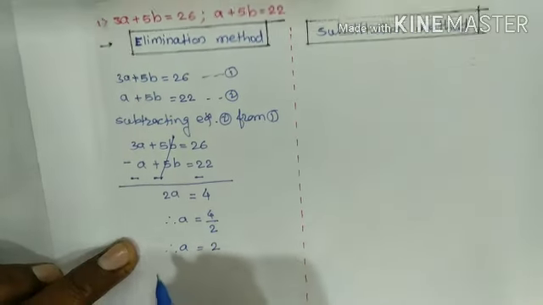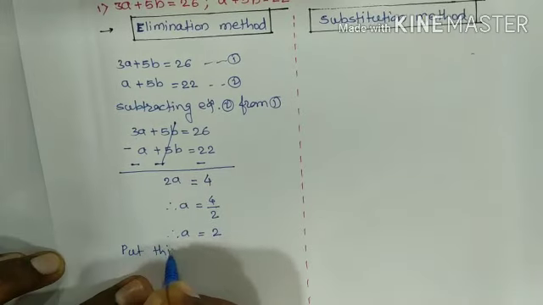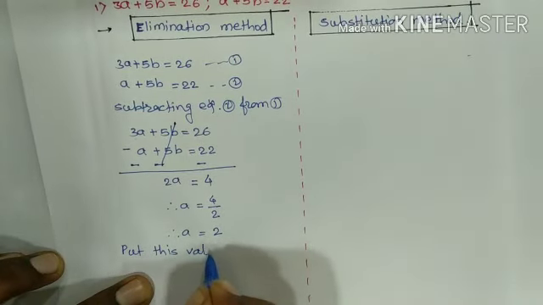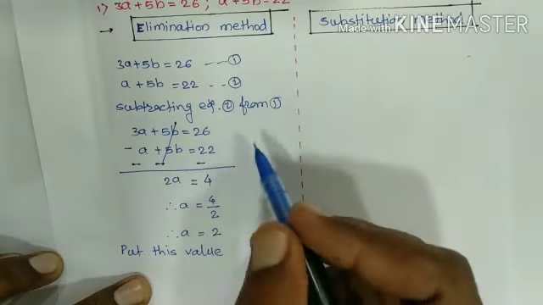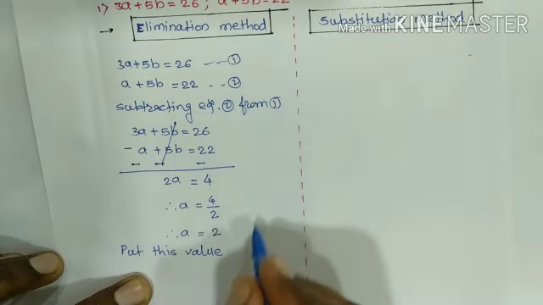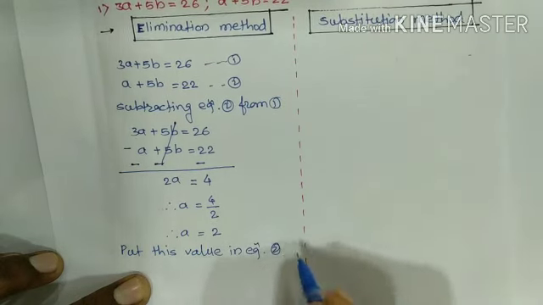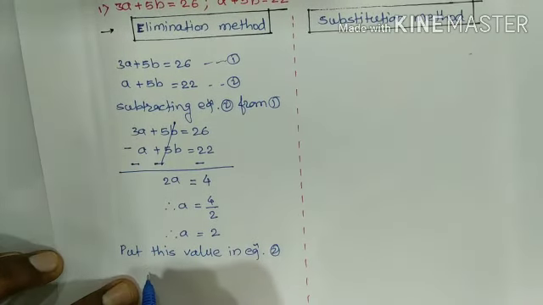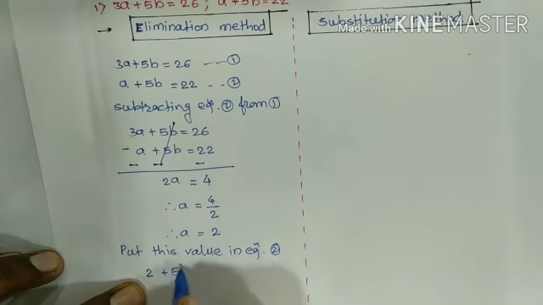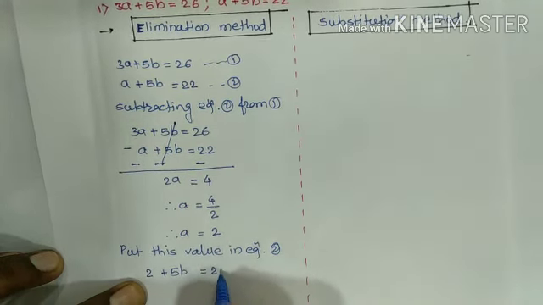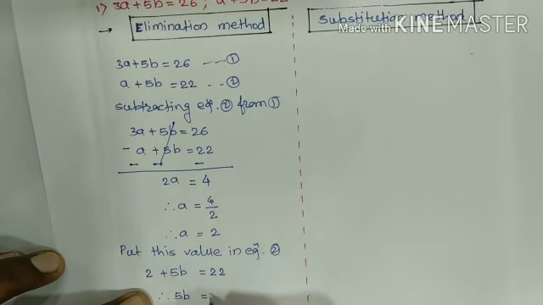Now putting this value in any of these two equations, here we choose the simple equation number 2. Put this value in equation second, where a equals 2: 2 plus 5b equals 22, and therefore 5b equals 22